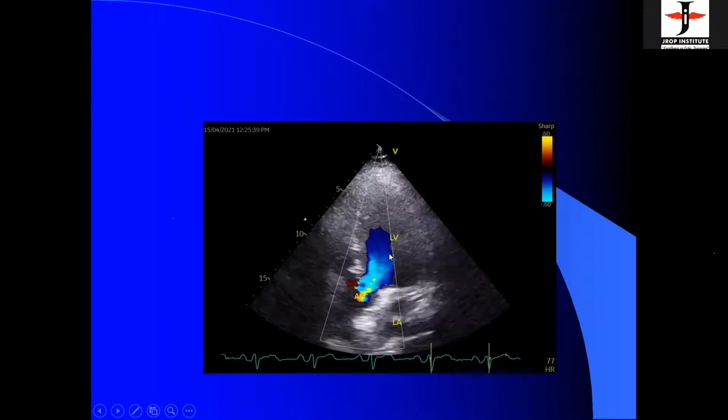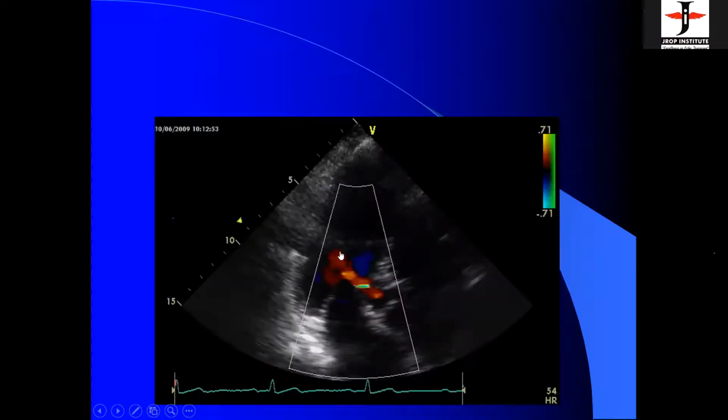Now here the flow is going into the aorta. From the LV it goes into the aorta, and because it is going away from the transducer, it is a blue color also. So remember two things: flow towards the transducer, positive Doppler shift; color towards the transducer is red, away is blue. So we have shown you two examples. Now you see,